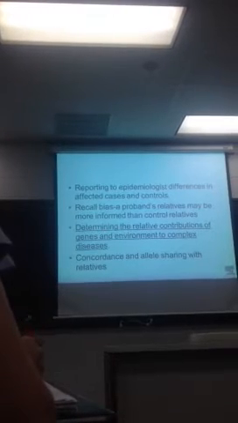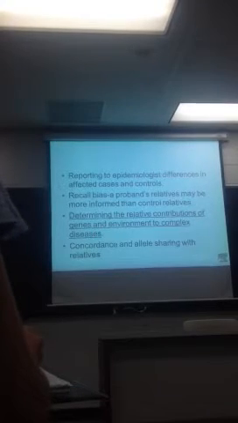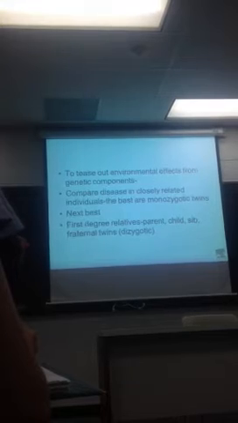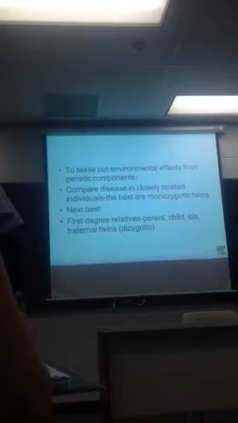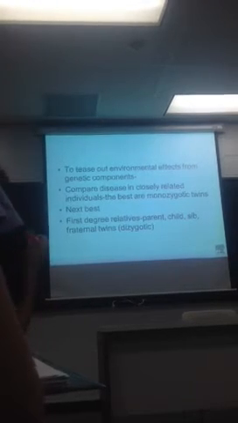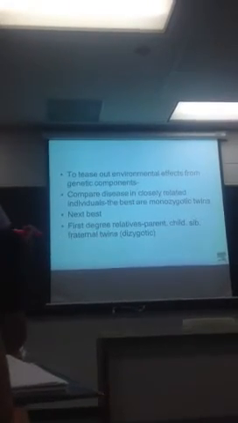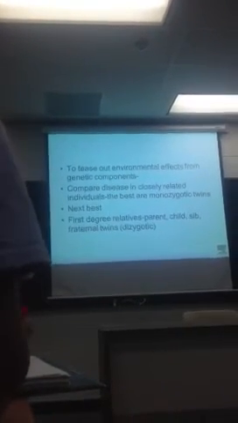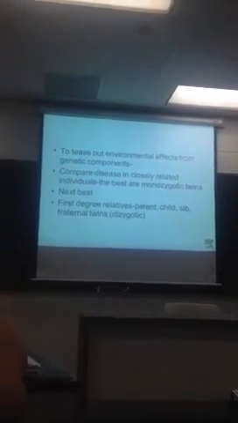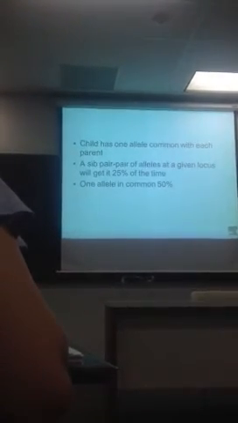So determining the relative contributions of genes and environment to complex diseases is very important. One of the things we talked about is the concordance and allele sharing with relatives. In order to tease out these environmental effects from genetic components, you can go to familial aggregation studies, but you can also go for twin studies. The best studies are the twin studies. Familial aggregation is fine. But, for example, if you have monozygotic and dizygotic twins,